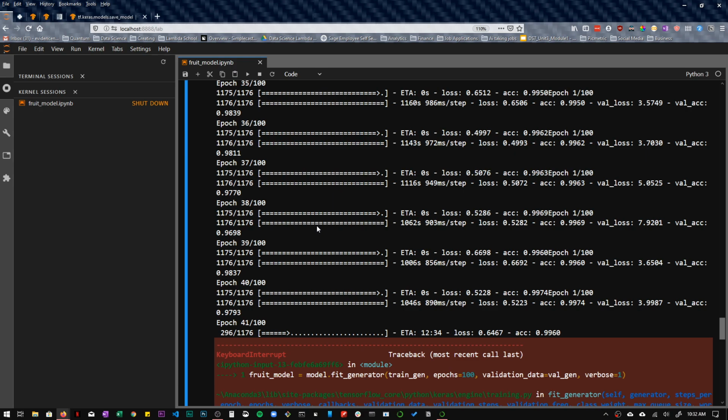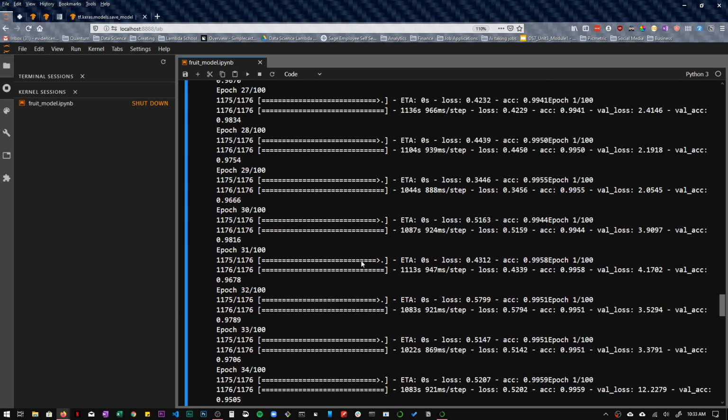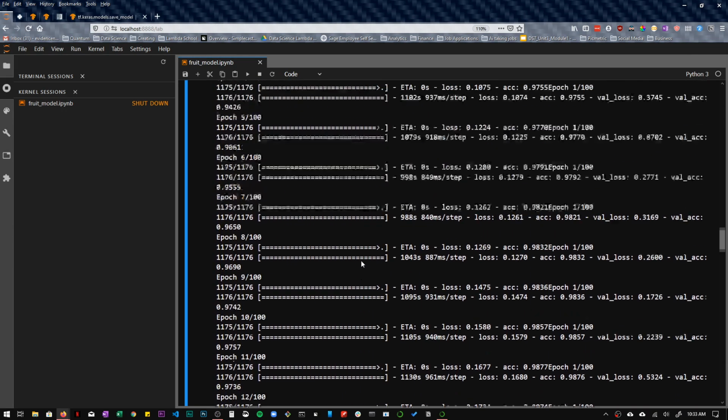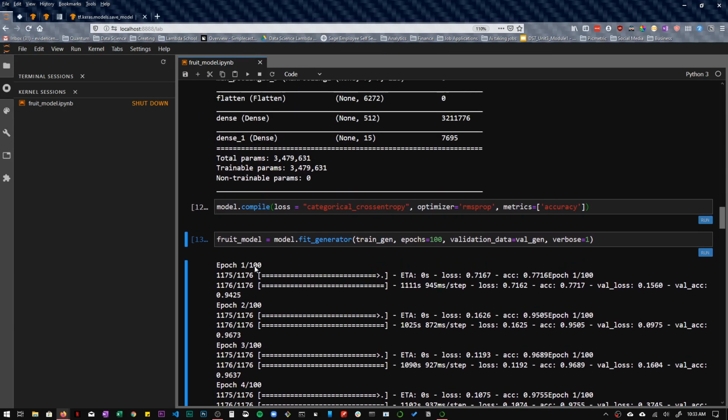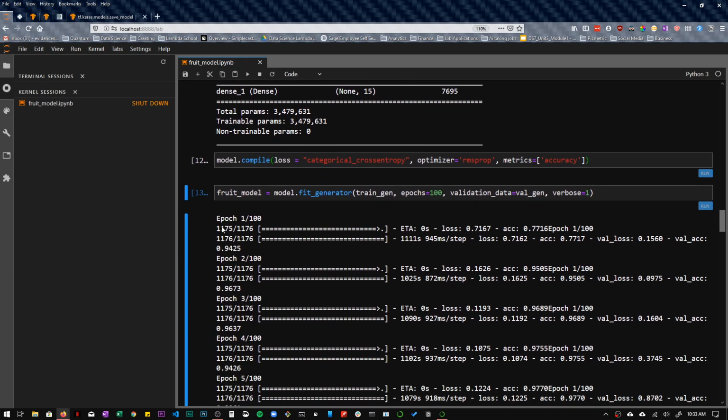All right. So last night when I was working on this, I set it up for 100 epochs. Basically, 100 epochs means like 100 iterations, 100 cycles. Think of it as cycles. So the model has been training since last night, and I realized I kind of made a mistake.